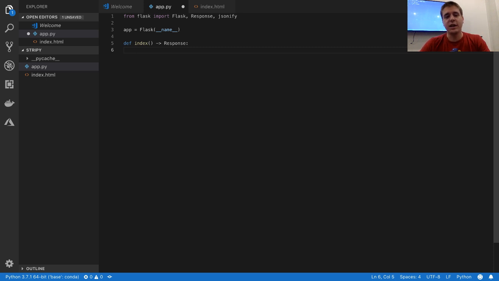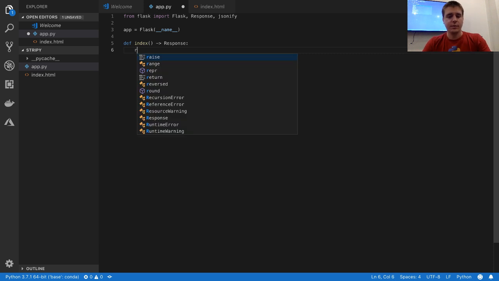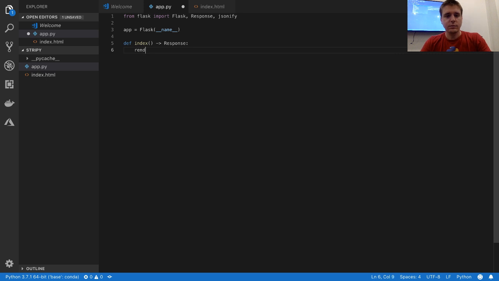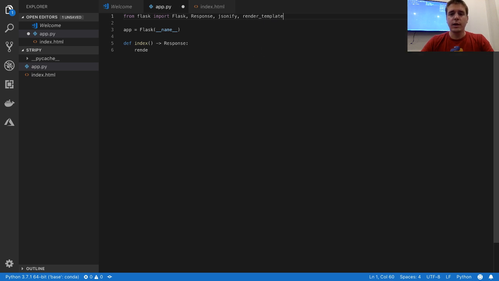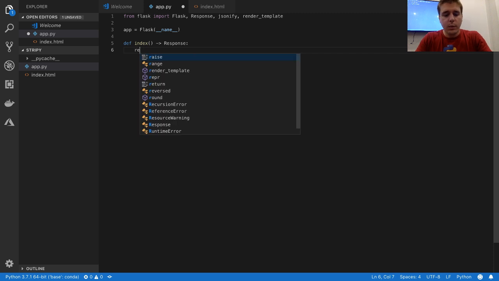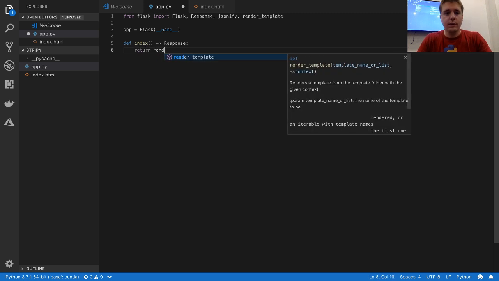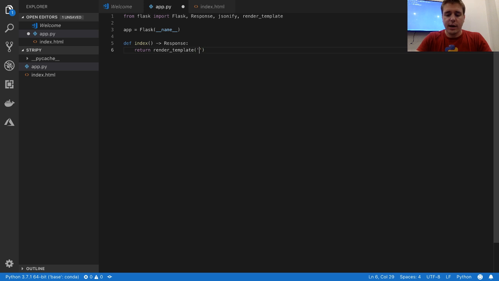That's the only reason I imported Response in the first place, so I can have my lovely function annotations. Oh, yeah, we should import render as well. We're not really rendering anything, but you shouldn't really use Flask to serve static files anyway, even though it is a static file. So we return render template, and we just give it the name of our file in there,